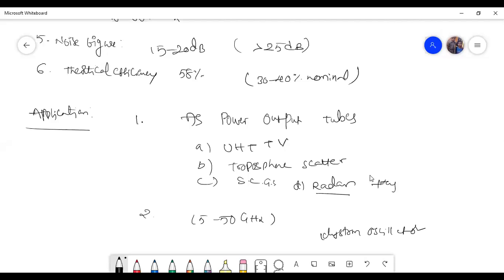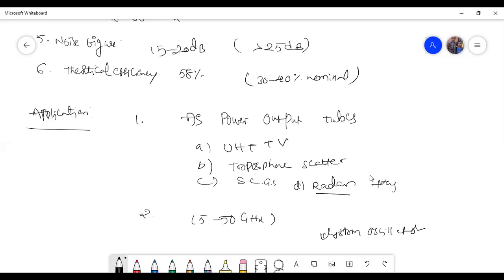I already told you that the Klystron can also act as an oscillator. If you want to use it as an oscillator, the frequency is 5 to 50 gigahertz as a power oscillator. So that's it about the diagram of the two cavity Klystron amplifier,